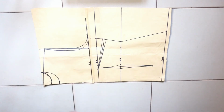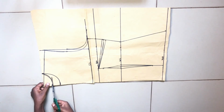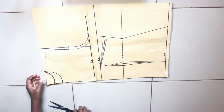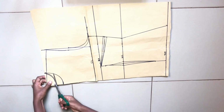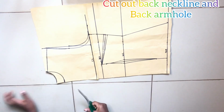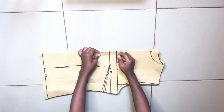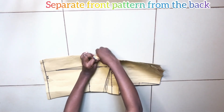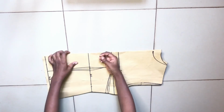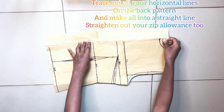So I'm going to cut the back neckline and the back armhole. I'm going to cut that out first because my back pattern is also pinned with my front pattern, so I'm going to cut that out first before I can trim out my front neckline and my front armhole. So before I do that, I'm going to open up my zip allowance of 1.5 inches, and I'm also going to